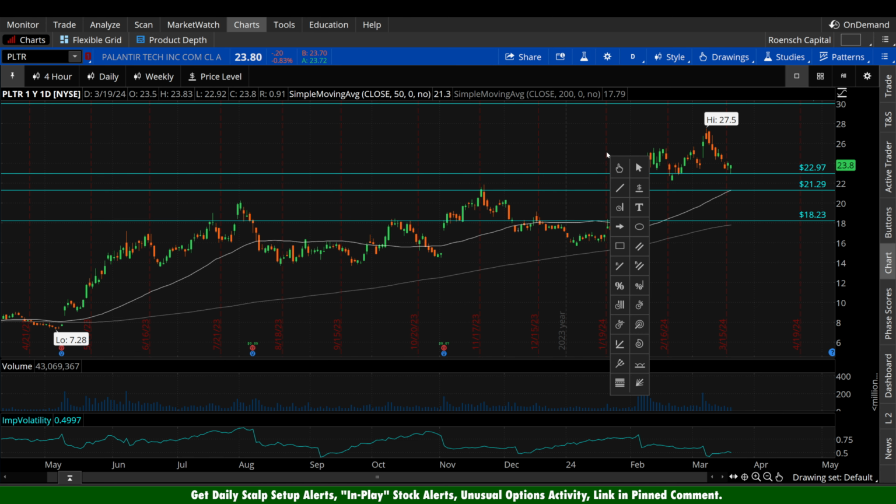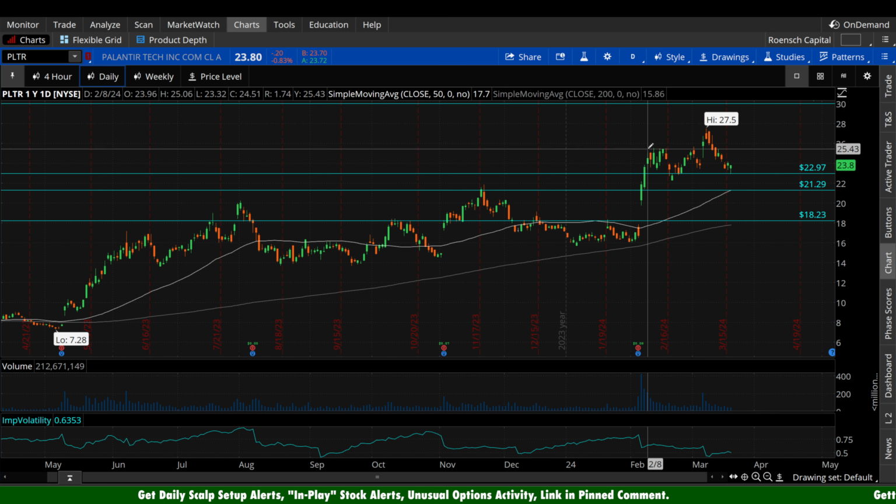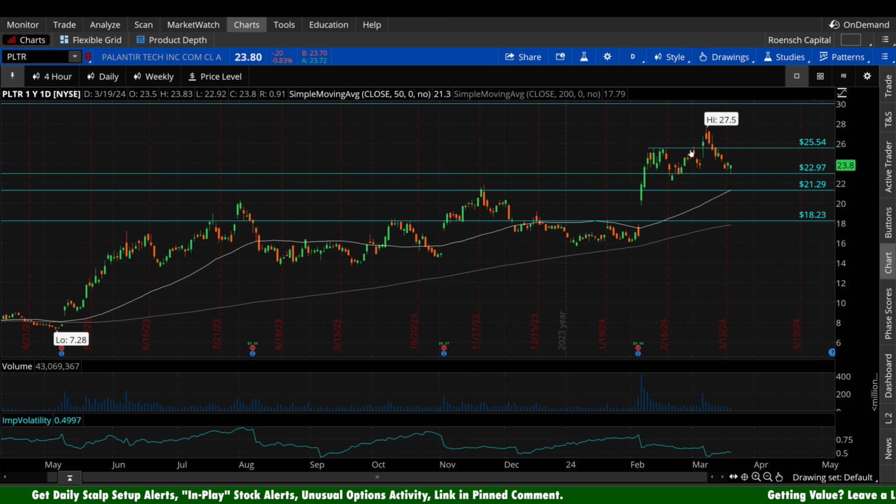One level I do want to add to this before we talk about this is going to be this region here, kind of this 25 to 25.50 range. Remember, it's never going to be an exact penny. It's always a range, and that 25 to 25.50 region has become a technical region and is likely to become a psychological region also around that $25 a share round number psychological region. So I'm really watching 25 to 25.50 over the course of the next month and throughout